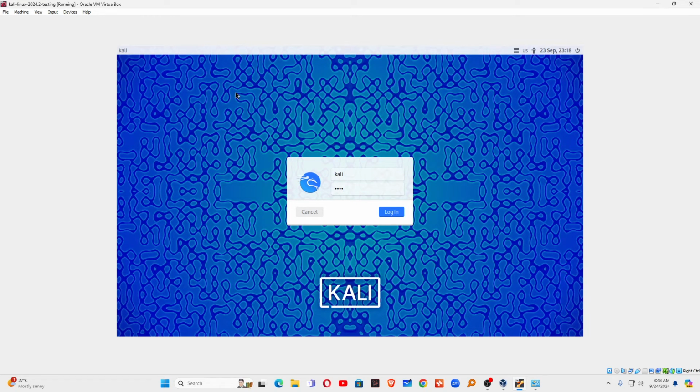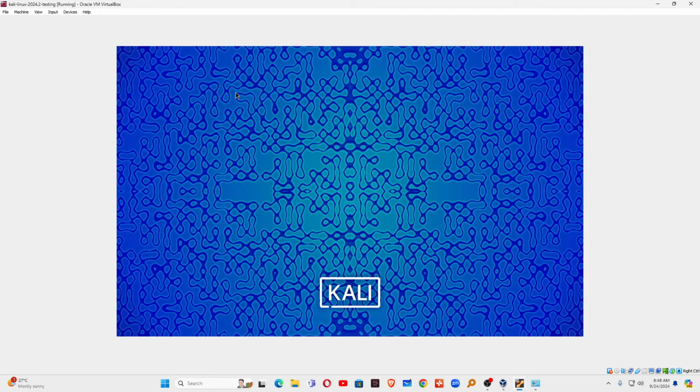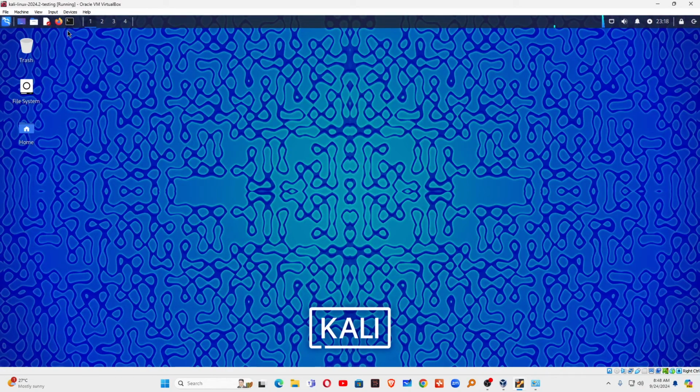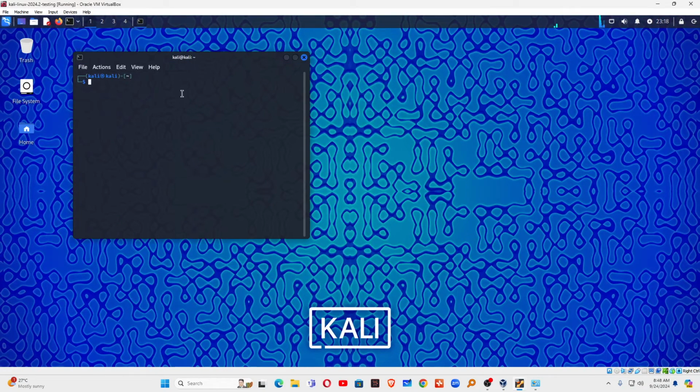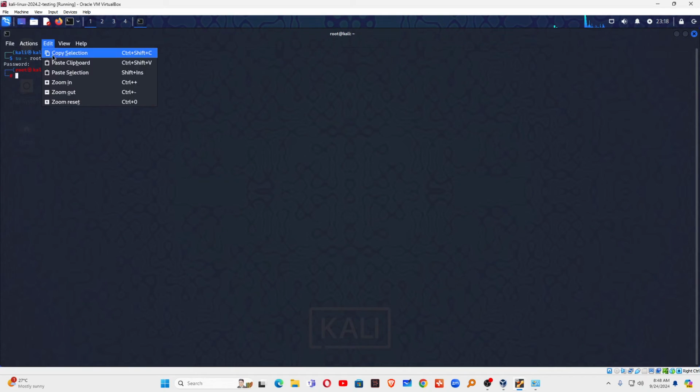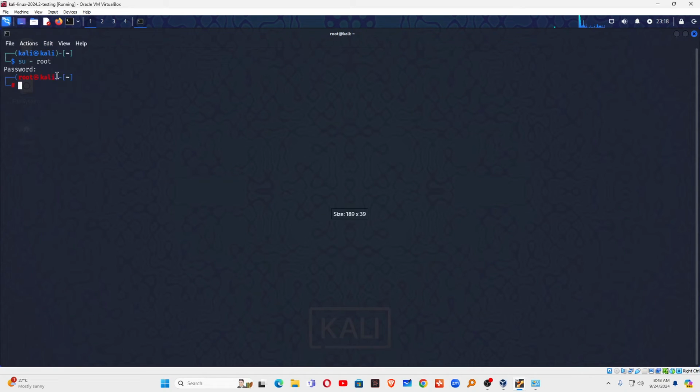Now to test the Samba server, we need a Kali Linux. I am going to a Kali Linux machine. Inside that machine, I am logging in as root. Let me zoom the screen so that you guys can see the code.